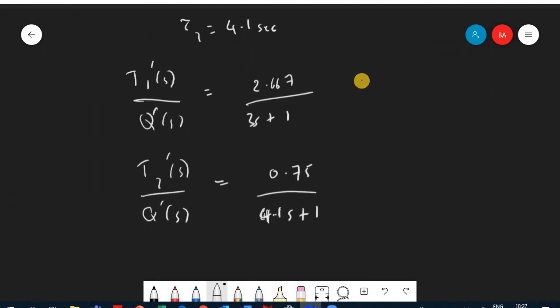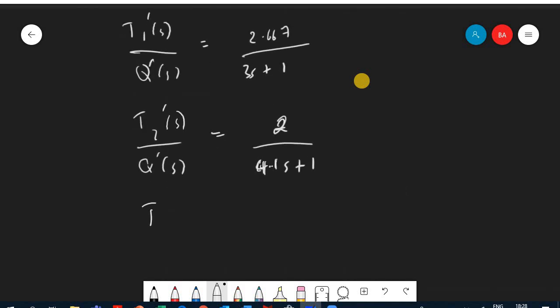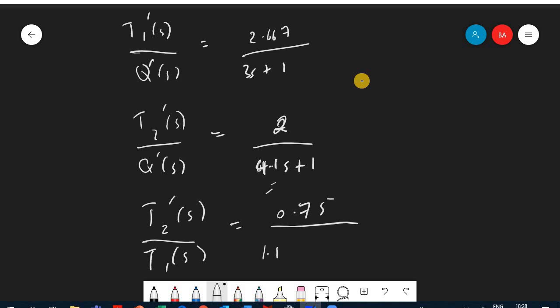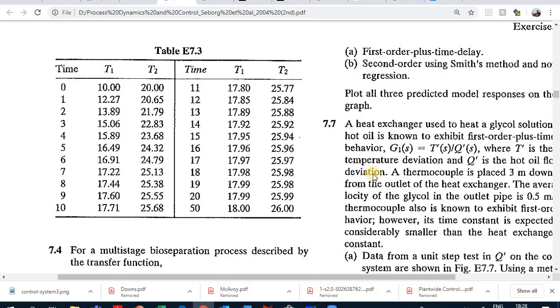So going up again, this will be 2 over 4.1s plus 1. Of course, this K will be different. If you're talking about t2 over t1, it will be the 0.75 term that we had just mentioned. If you want to calculate t2 over t1, which is like an intermediate between these two, now we will have the answer here 0.75. However, the answer here will be like 1.1, the difference between this and that, s plus 1. So it will be something like that. So that is the solution of